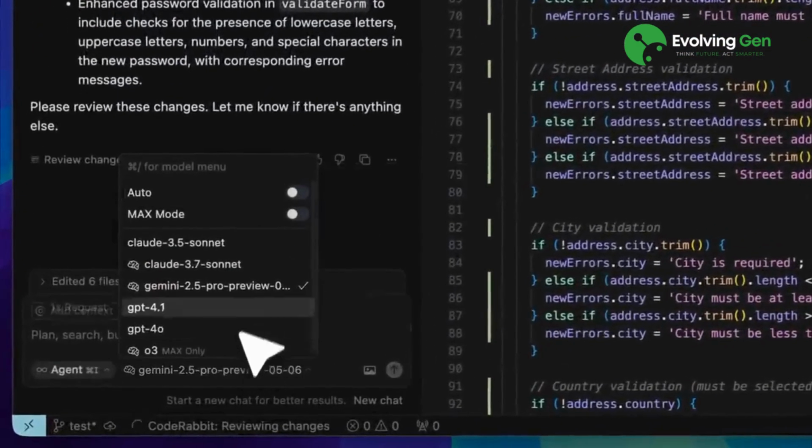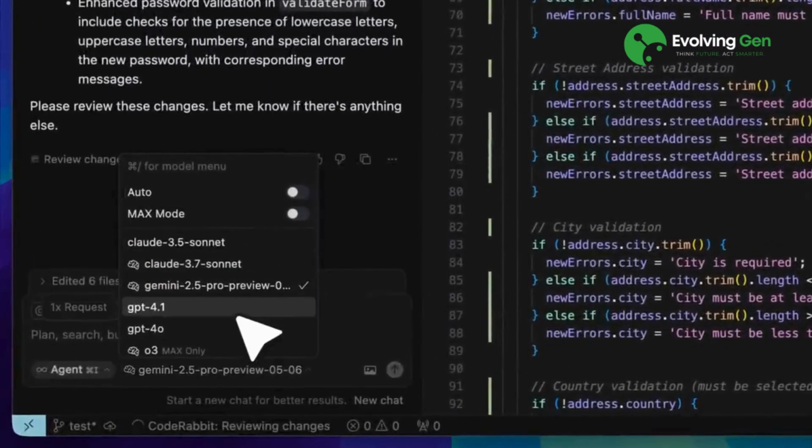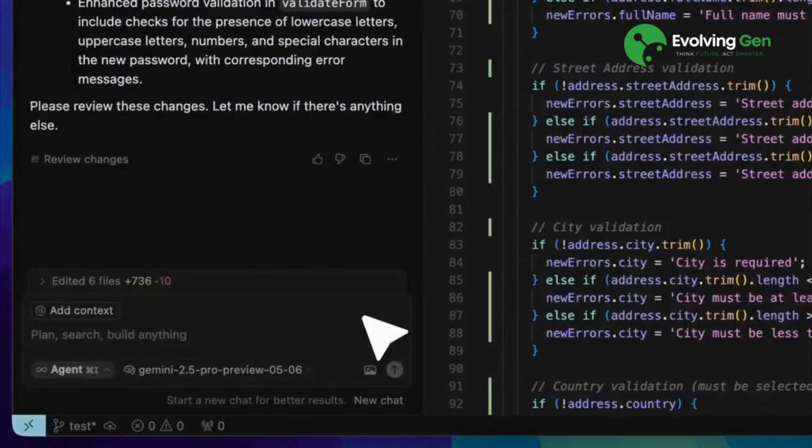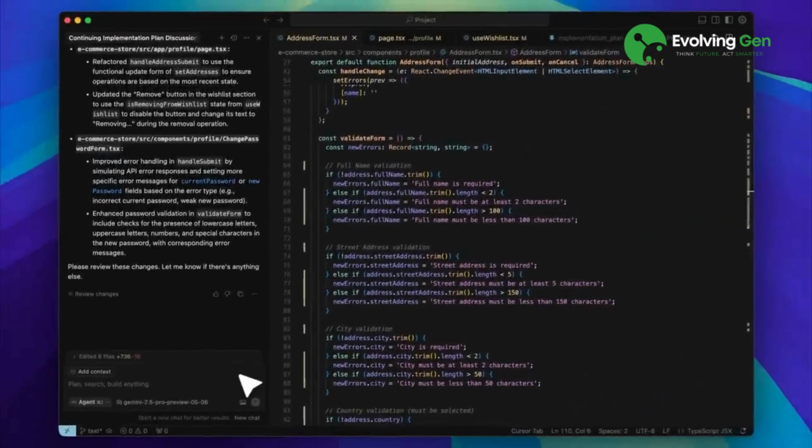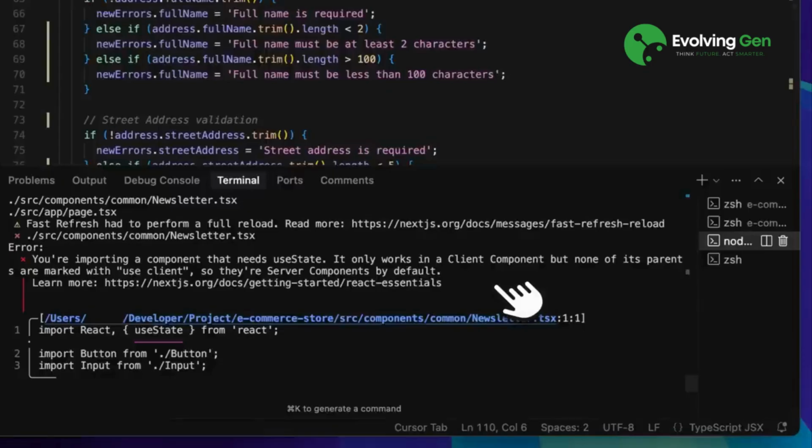Cursor has become incredibly popular for its AI agent, which lets you use powerful models to write code. The agent takes your prompt, understands the context, and starts building by creating files and implementing features automatically. However, with that much auto-generated code, errors are inevitable. Cursor often throws random errors, and you either have to prompt it again or wait for it to recover and